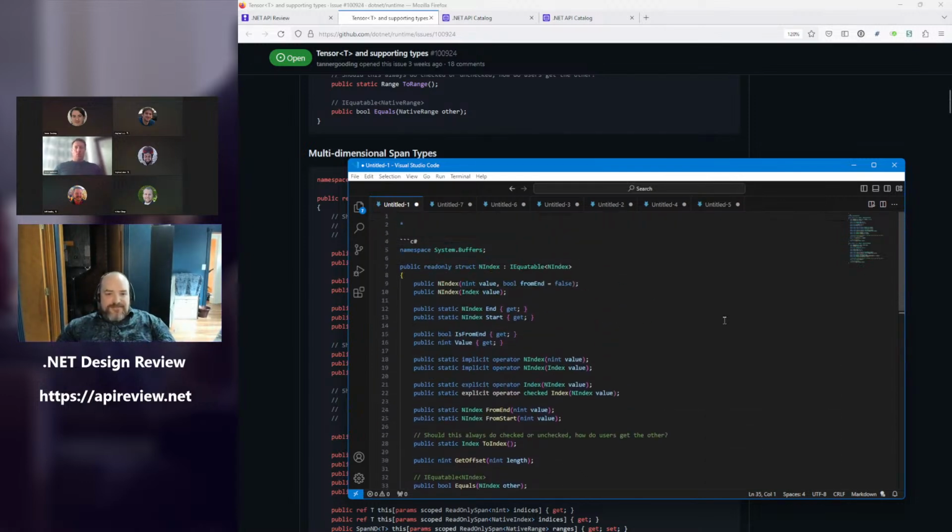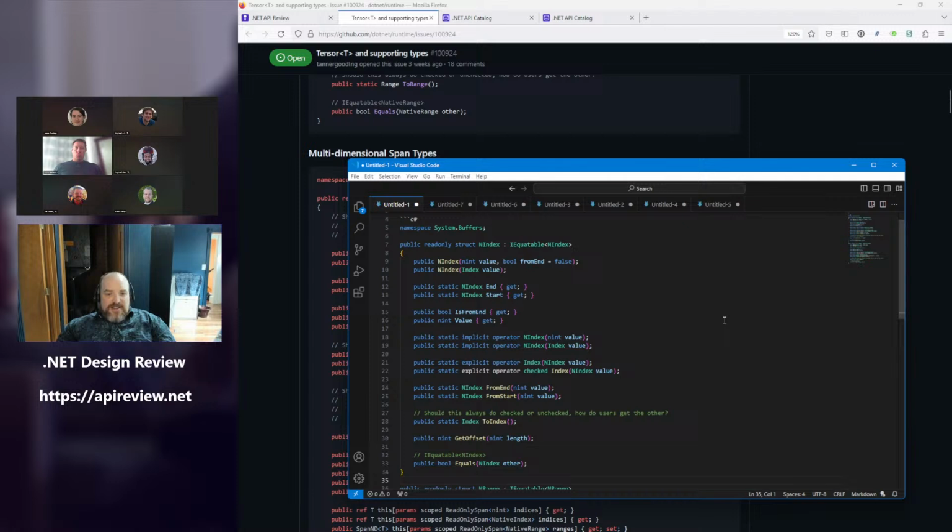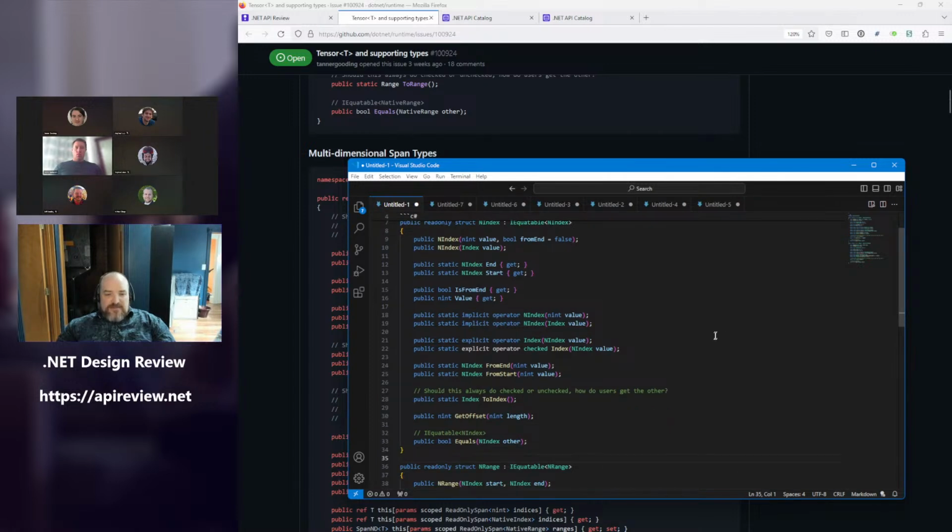So with 15 minutes left, do they have the right shape? I think the one question that we have, just because we don't have enough precedence of having the types here, is what do we use for checked versus unchecked named operators?